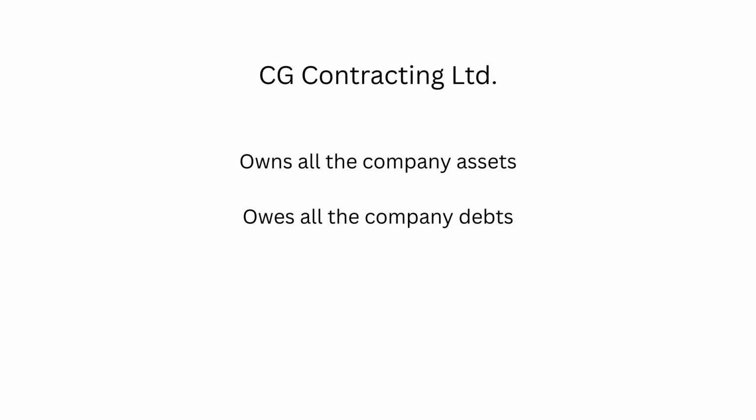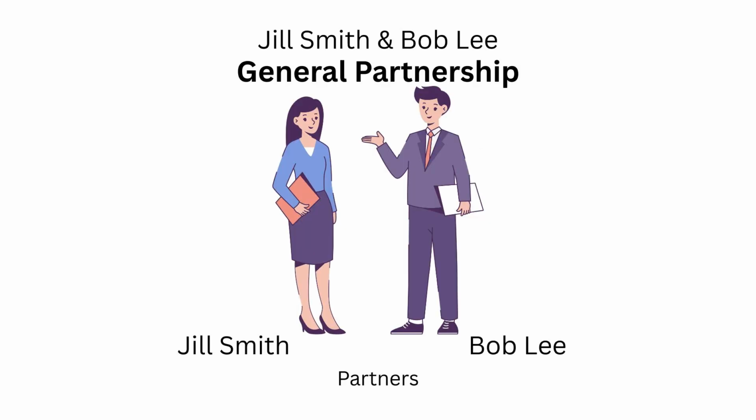Some people may become confused whether an entity is a general partnership or a corporation. Individuals in a partnership will comment they need to talk to their business partner. Individuals in a corporation may also make the same comment that they need to talk to their business partner, referring to another shareholder. A general partnership is similar to a sole proprietorship in that it does not exist as a separate legal entity from the individual partners.